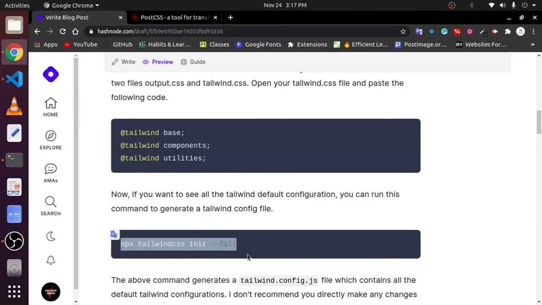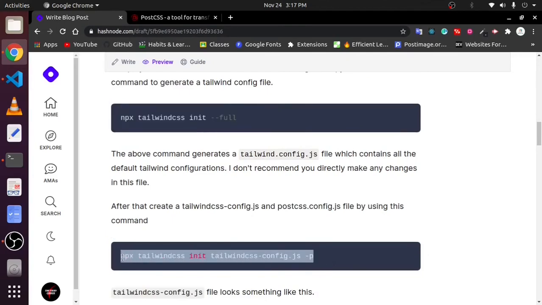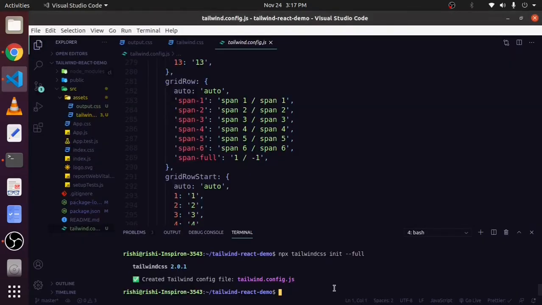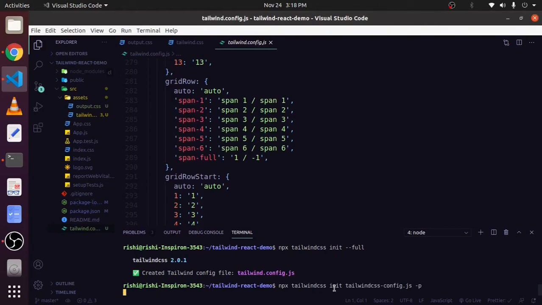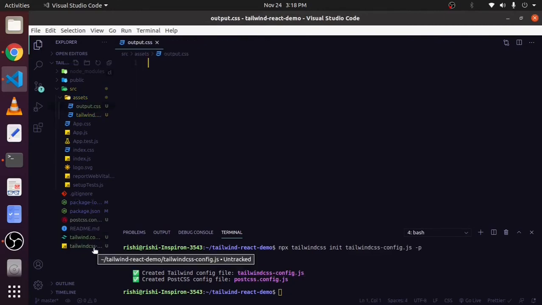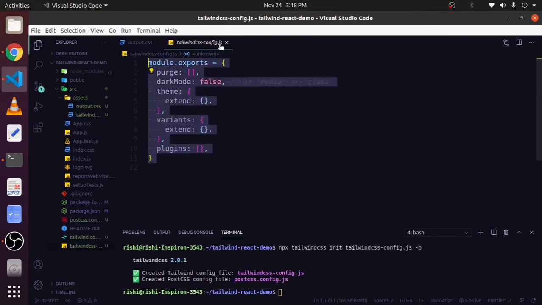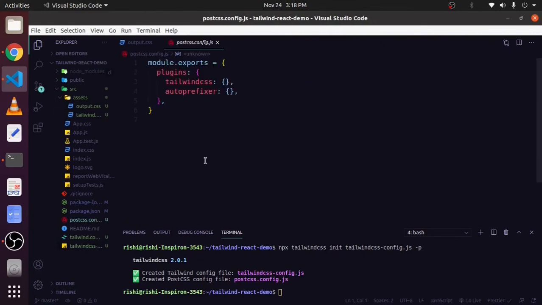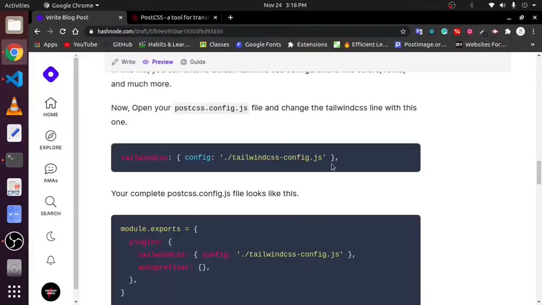Just copy this command from here and paste it in your terminal. This will create 2 files, the Tailwind config file and the PostCSS config file. Okay, so now you can see this is your tailwind.config.js file and this is your postcss.config file. Now you need to change this tailwind line with this one.